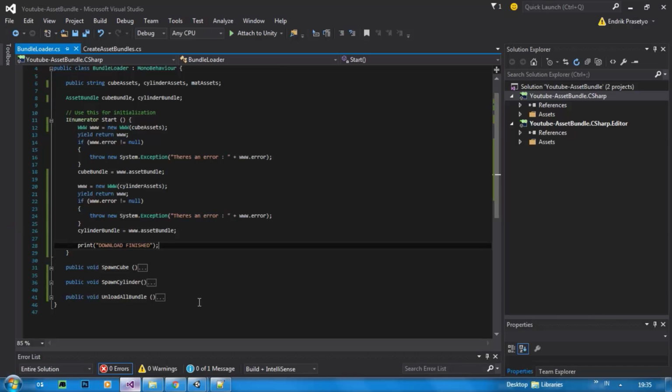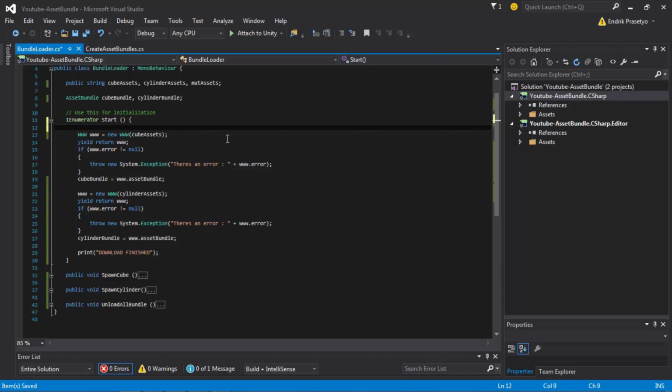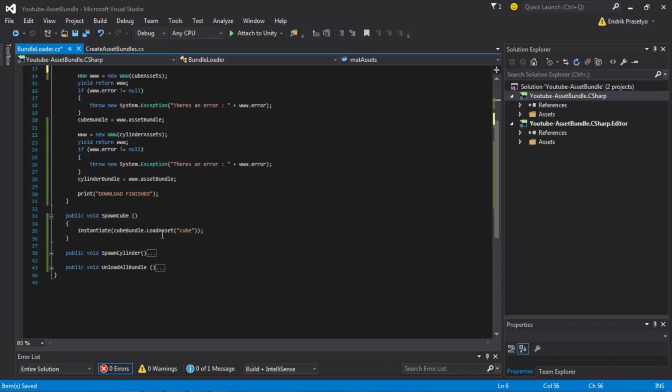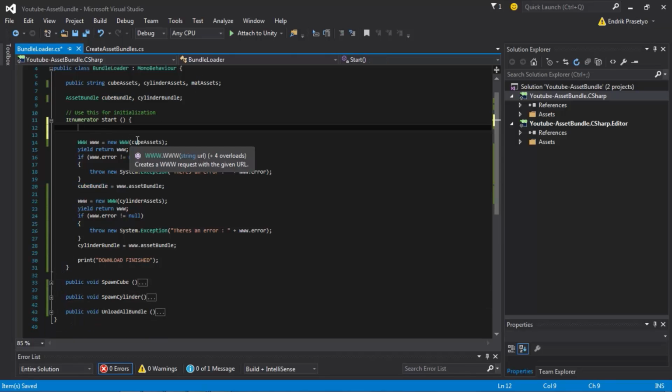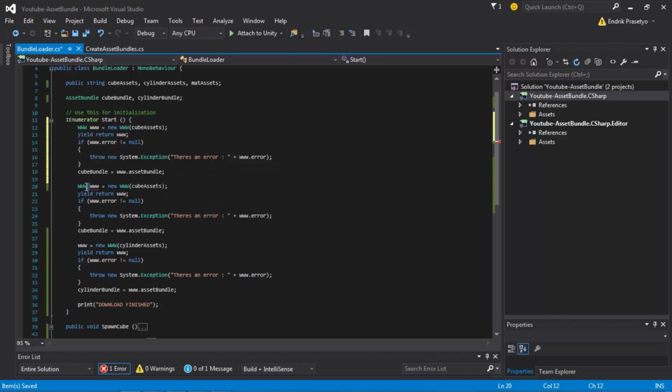What we need to do is load our material before we load our prefab, because our prefab depends on it. We need to load mat assets. So I'll just copy this and I'm gonna download mat assets here.